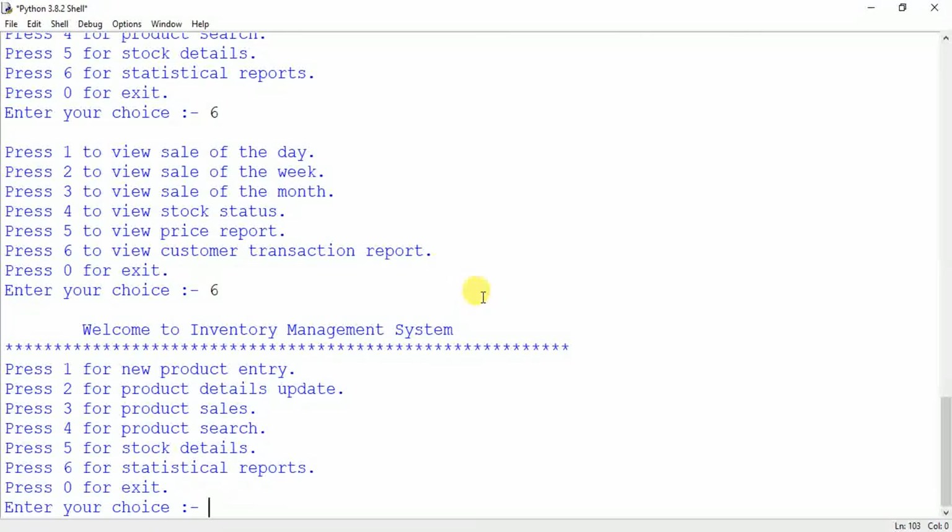Try to get the feel of those and get the options or menus that they have used that you can use in your own project, and try to think of something extra. Suppose this statistical report can be different from those others. Okay, so you can increase the searching criteria.